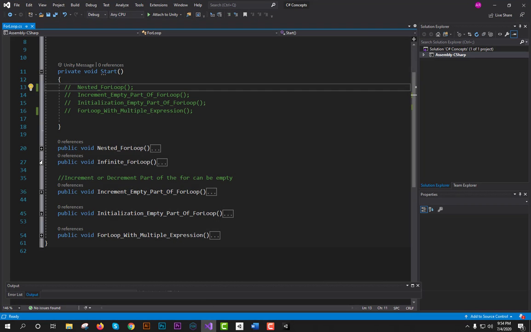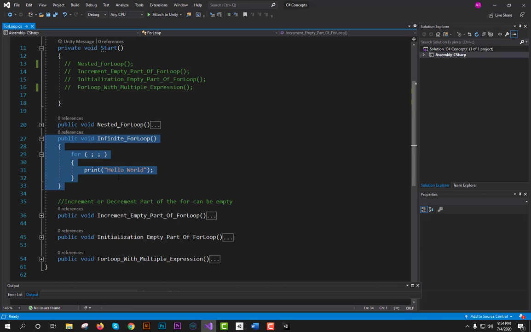Here I have written code for an infinite for loop. You just have to write two semicolons, and there will be no initialization, no condition, and no increment or decrement. Now there is one problem with an infinite loop.